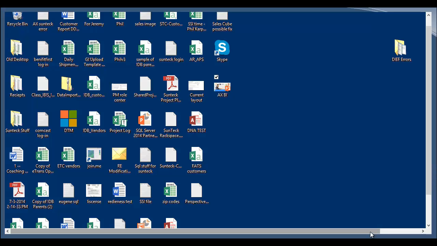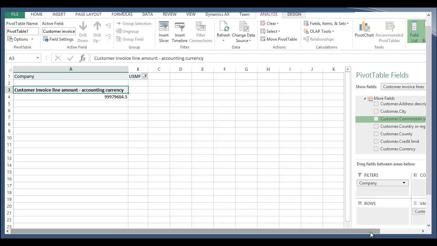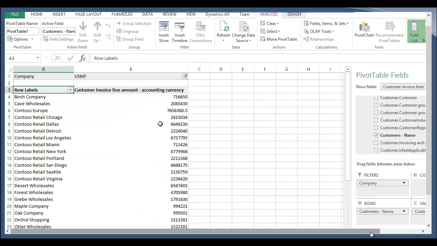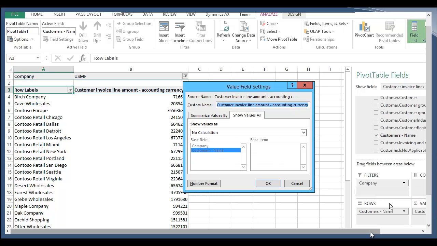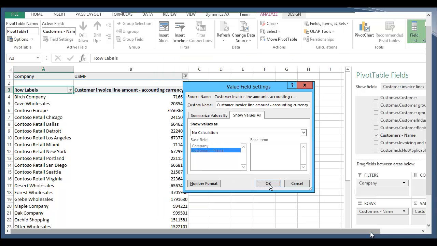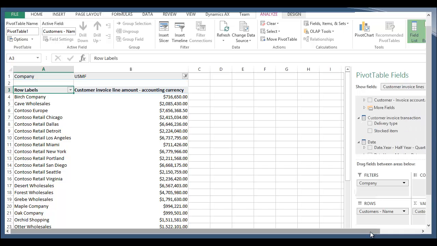Okay, so just rebuilding the pivot table that we had a second ago. So going to select the customer dimension, customer name attribute. I've already selected the customer invoice line accounting currency measure. I can just change that to a $ sign again by using the black arrow, number format, and then currency. And so we have a report that's minus the date, very similar to what we just saw. I'm then going to take the date field, add to the columns,